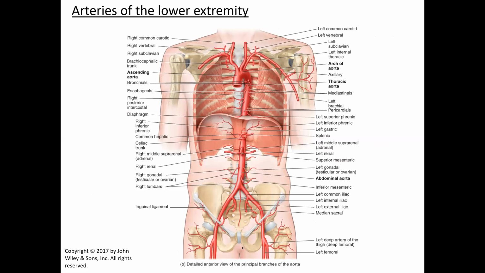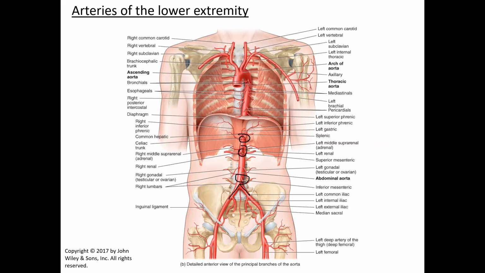All right, so here's another look at those three, just if you want another look at them. So your celiac trunk is coming off here, again not long after your aorta appears below the diaphragm. Superior mesenteric arteries here, inferior mesenteric is there. And then as we mentioned, our abdominal aorta splits at about the level of L4 to the right and